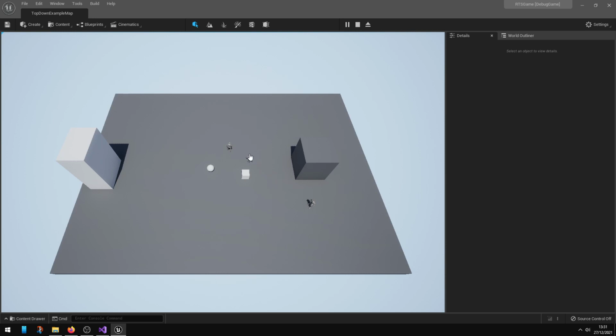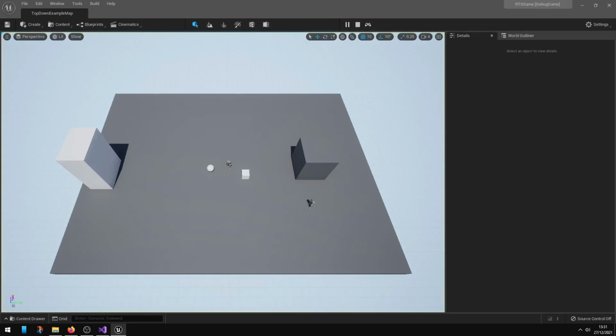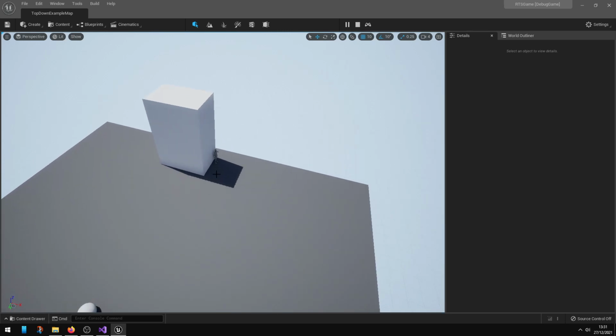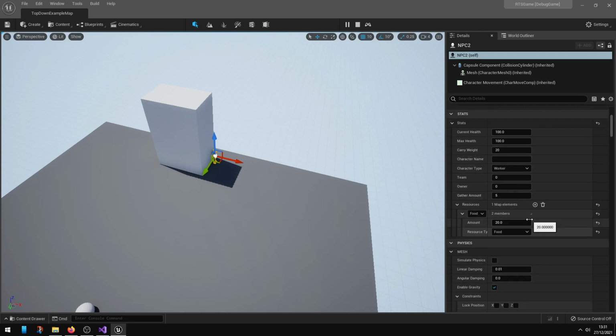And we'll go to the other one. Gather the resources from that. Head to the storage in a second. And hit our breakpoint. Wonderful. And the name is food. Hey, that's so cool. And the amount is 20. And then if I get rid of this and eject and check the character, we should have